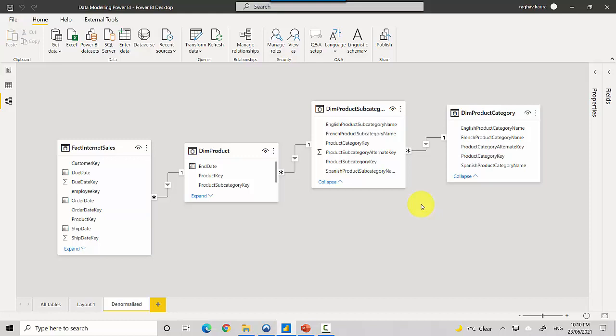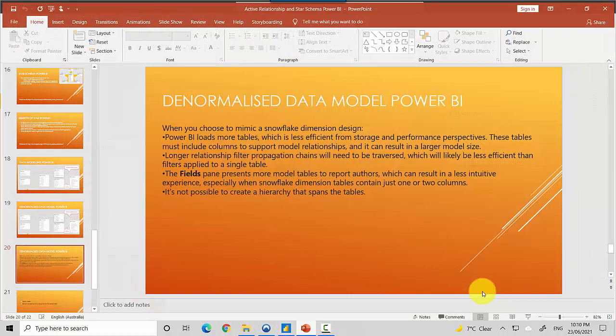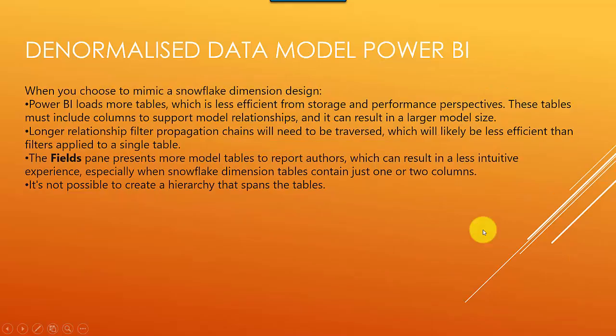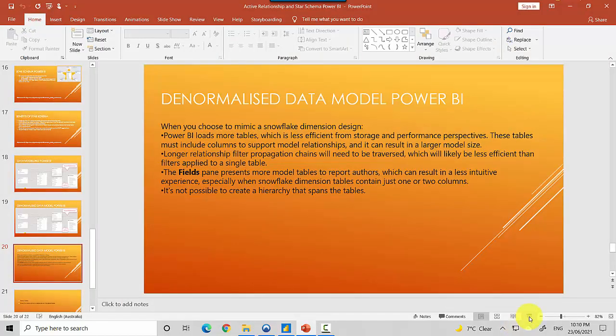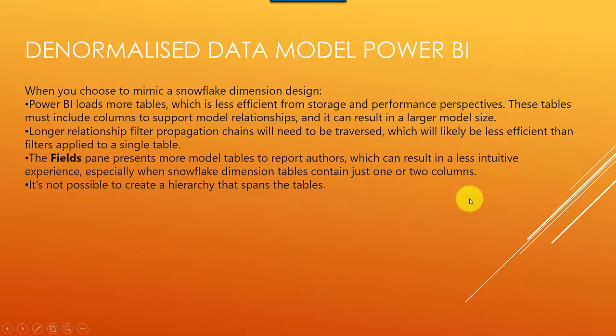Now, what are the cons of having a highly normalized structure? I've got a few cons listed here, and I'll take you through them. When you choose to mimic a snowflake dimension design, so essentially you've normalized your dimension, which is a snowflake, you've got relationships which are many to one and then many to one again. So you've got a normalized schema and you've created a snowflake dimension.